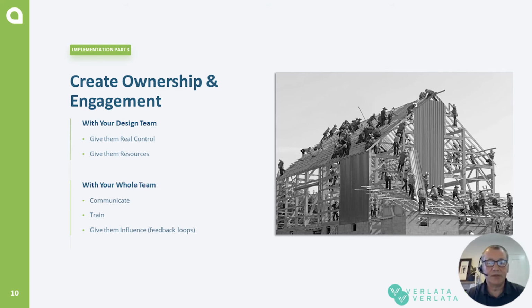You also need to create buy-in from your whole team. So you've got your design team, and they will get intimately engaged in workflows. They will understand it, and they'll buy into it. They'll get really excited about it, and then they'll launch it. And if they've launched it into a practice that has no idea what's going on,